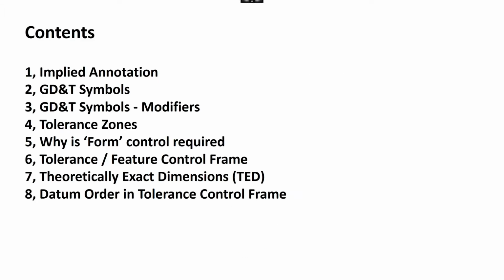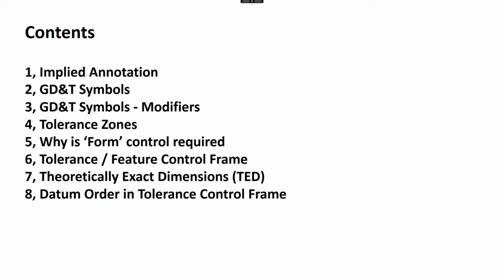Right, so some of the contents that we're going to go through today. Implied annotation. This is quite important. Do you need to put that 180 degrees box dimension or that 90 degrees box dimension? So we're going to go through some things that are implied on the drawing. We're going to go through the actual GD&T symbols, some of the symbol modifiers, the tolerance zones that you can